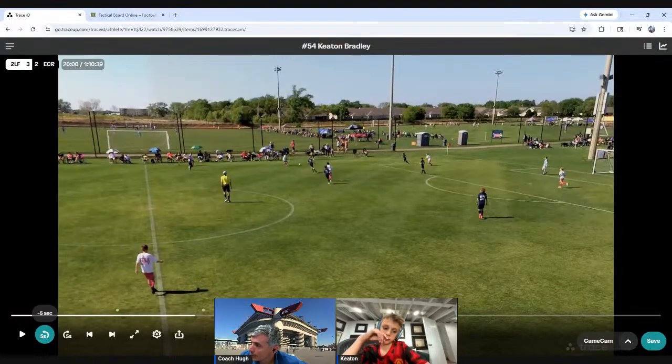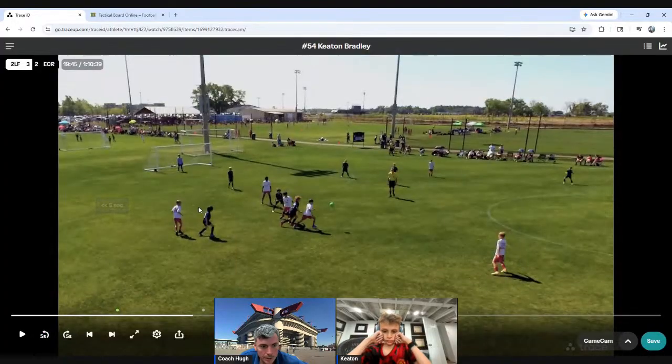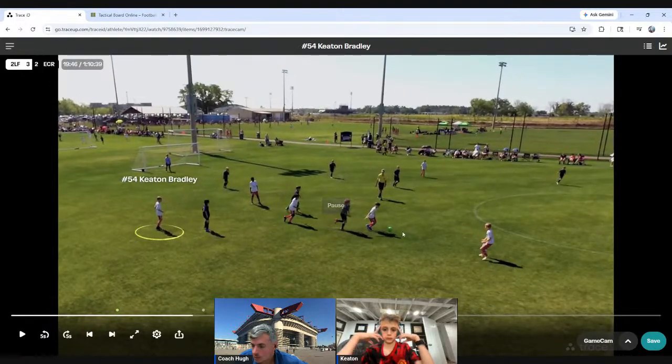So as you defend, you're not defending in a way that if your team wins the ball, you're easily covered. You're defending in a way that if your team wins the ball, you're already open to quickly transition into attack. So out here, this is why I'm bringing this up. Out here, if your team were to win the ball, you're kind of covered, right? And look at, he's got the ball. Your team has the ball, and you're being blocked off here.